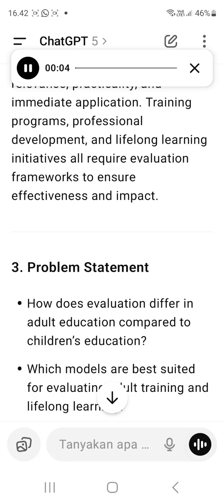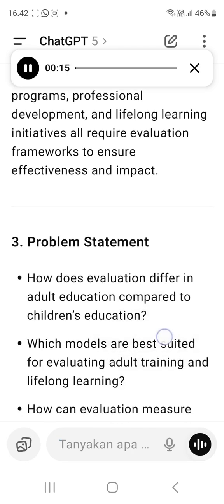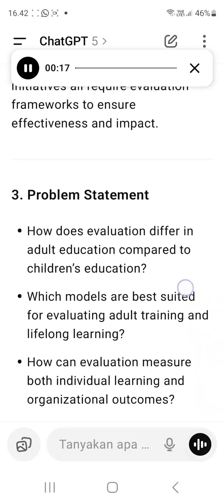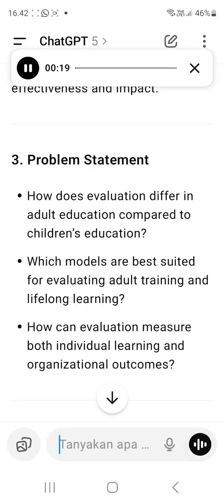Chapter 7, Evaluation of Adult Education and Training, Andragogy, English with 20 ADRI textbook elements. Title of the chapter: Evaluation of Adult Education and Training. 2. Background. Adult education differs from children's education because adults